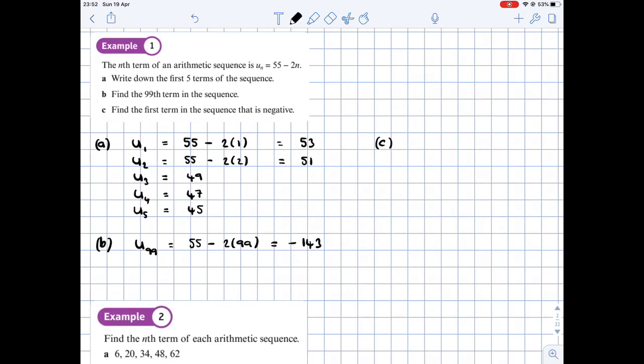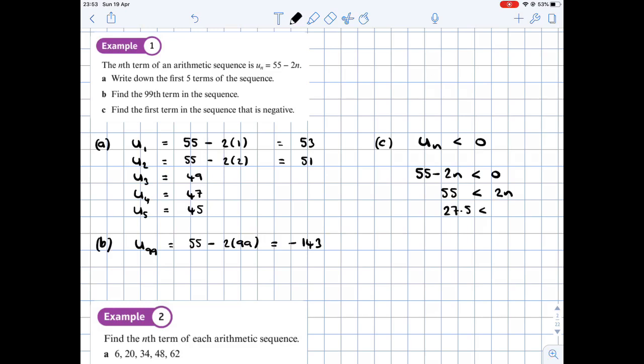For part C, we want to find the first term in the sequence that is negative. Well, we want to know the term that is negative, so negative being less than 0. We want to know what the n is in this case. We can replace this with 55 minus 2n is less than 0. 55 is less than 2n. Divide both sides by 2 and we get